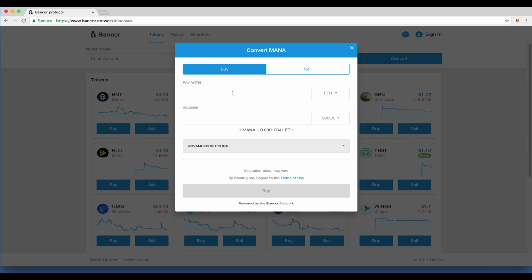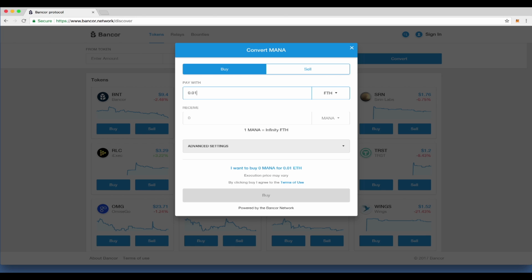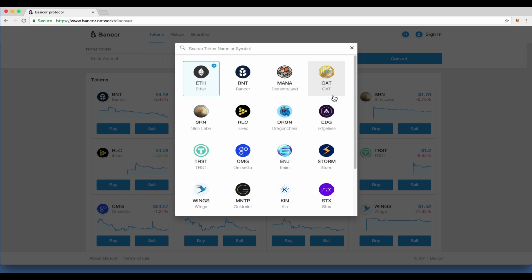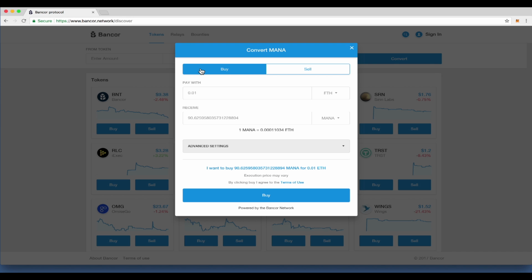Enter the amount of tokens you would like to convert. You can quickly change to another token by using the drop-down menu. You have the option to open the advanced settings and limit the transaction to a specific price. Bear in mind that if the price changes and exceeds your limit, the transaction will not take place, but gas fee will be charged. Once your transaction is ready to execute, click on the Buy or Sell button and proceed